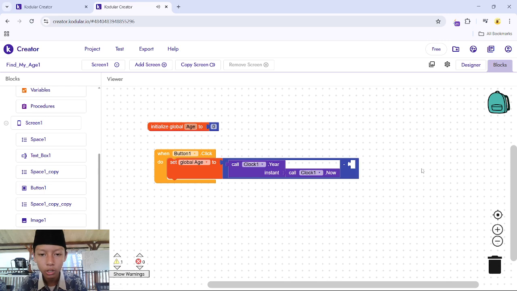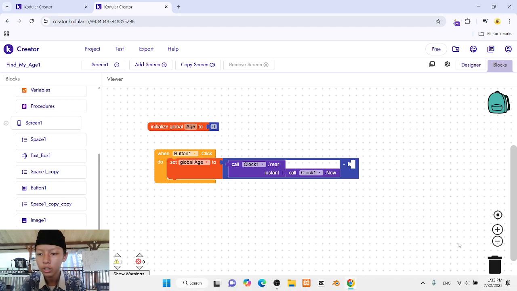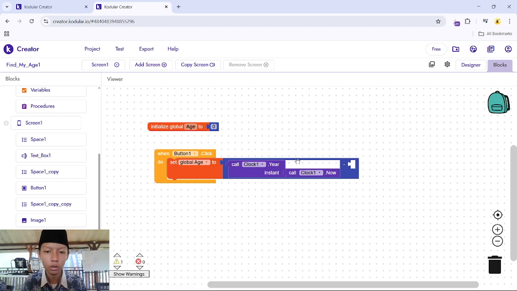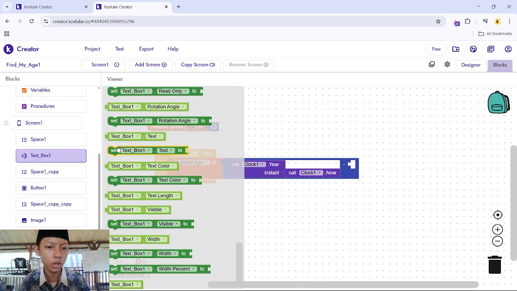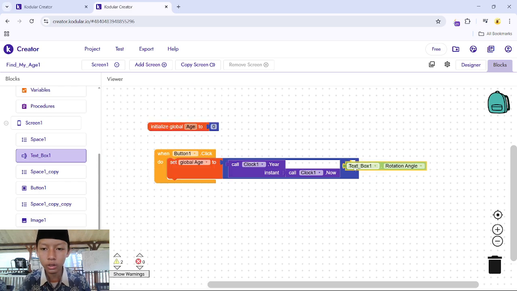This code is for set the time of this year. Like this year is 2025, so later I will explain it to you. For now, let's make the code first, and now you can go to your text box and add text box